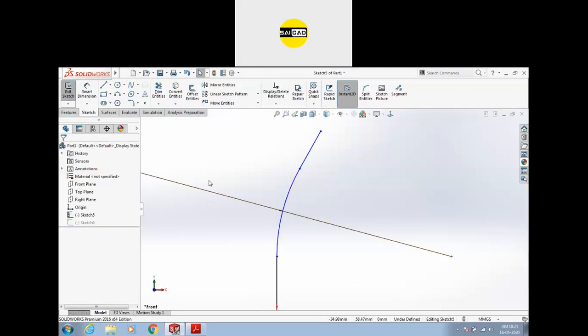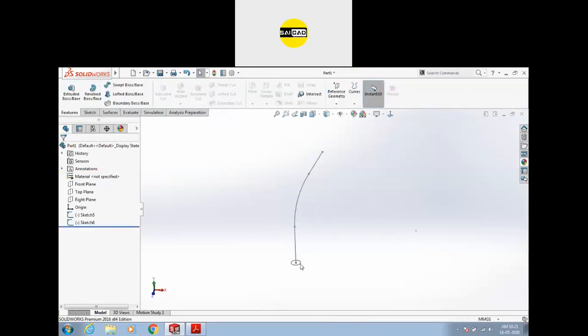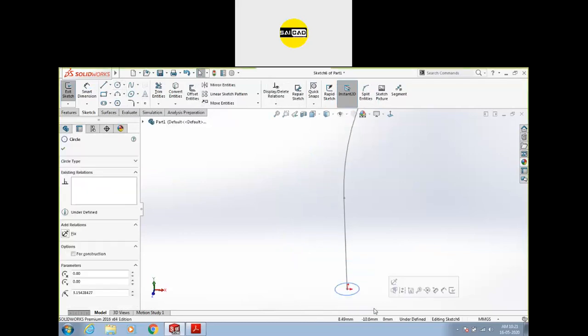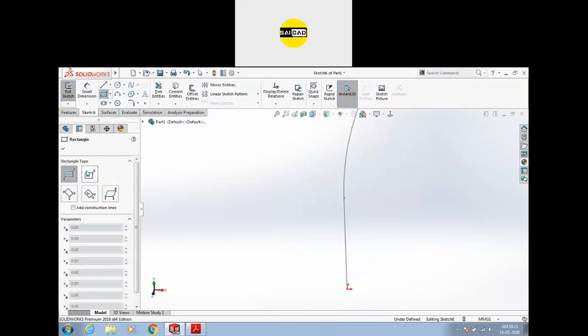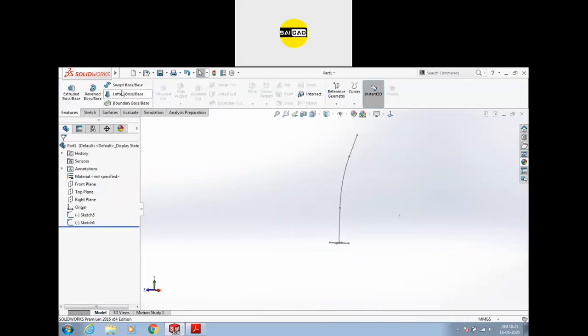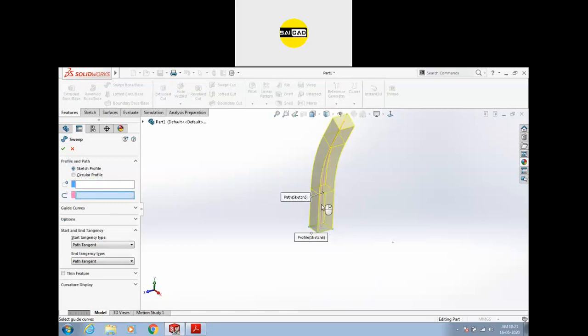Okay, so I'm not going to define it right now. And in the second, we are going to create a rectangle instead of a circle. So center rectangle like this. Okay, so now select the sweep, select the sketch profile, select the path.